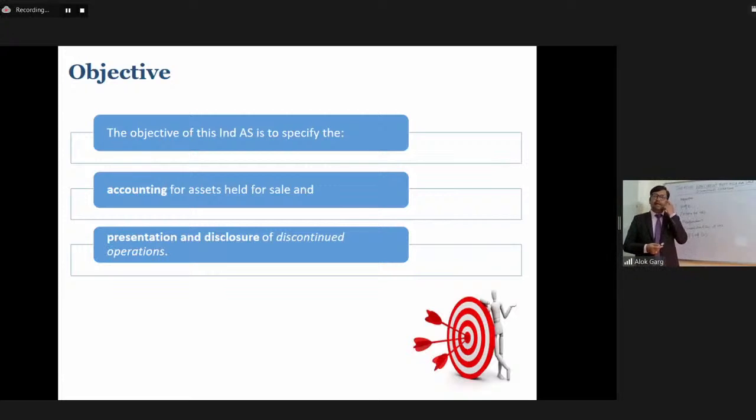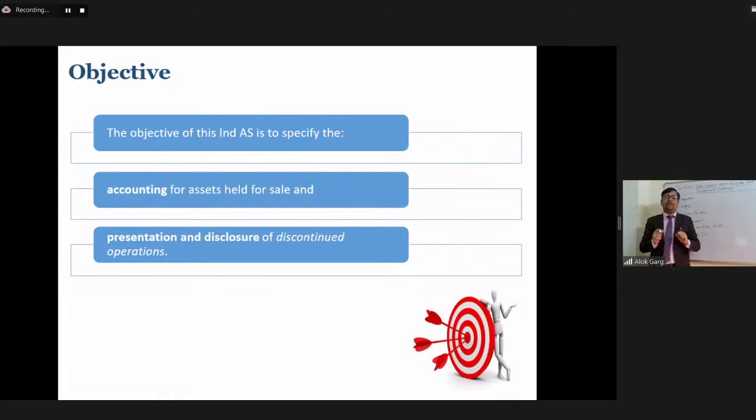Why? Because it is held for sale and the intent of the company is to sell immediately. It doesn't matter whether the company is able to sell immediately or not, but the company wants to sell this particular fixed asset, this building, and hence this non-current asset held for sale has to be shown under the head current assets. So one thing is clear, that it will be shifted from the non-current asset bucket to the current